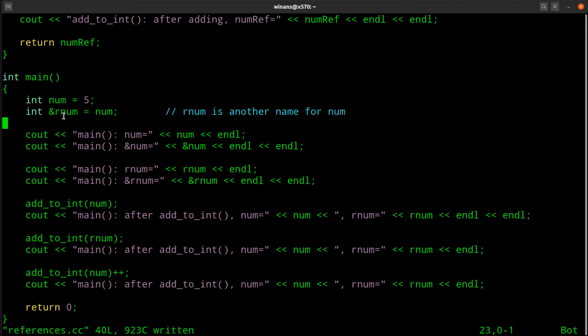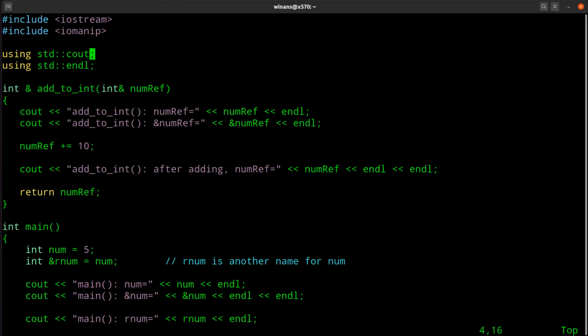Now, you might also ask, why use pointers if references look like they're easier to use, right? Because, well, I declare this reference numref up here, and then I just use it like any old integer. This seems much easier to deal with than remembering to put the star in front when you want to assign the value of the thing that numref would point at otherwise if it was a pointer, versus changing the value of the pointer itself, right? Well, it turns out